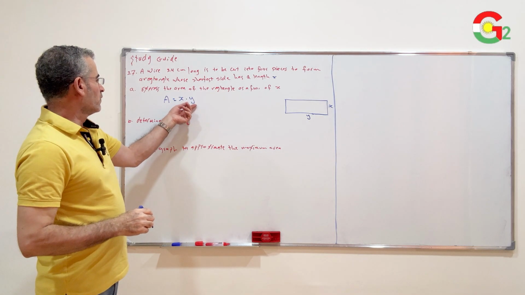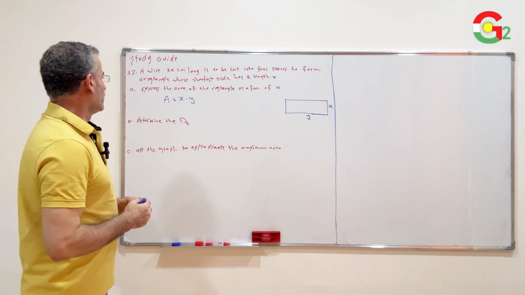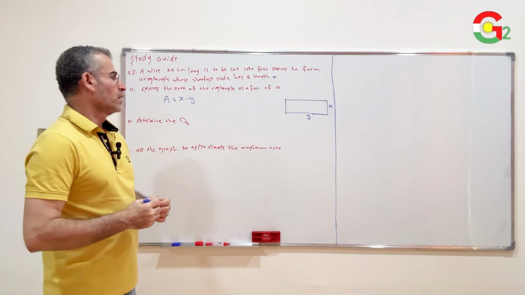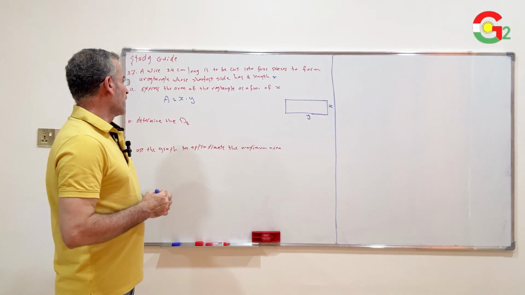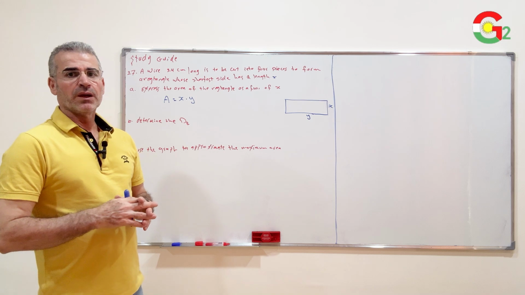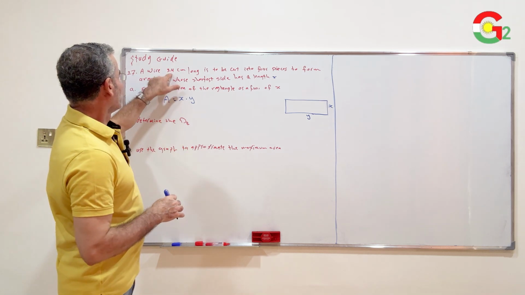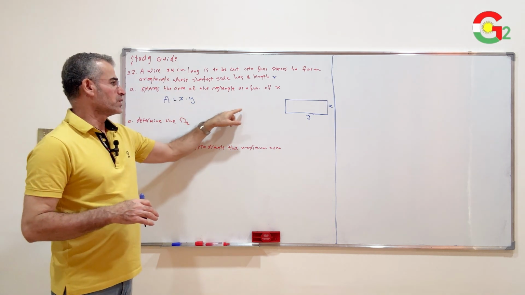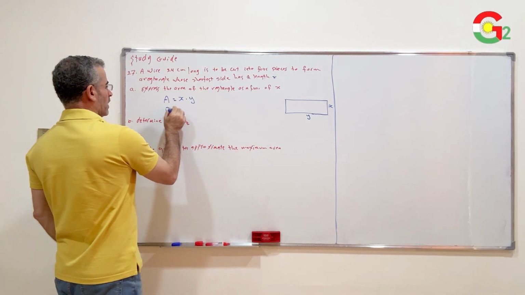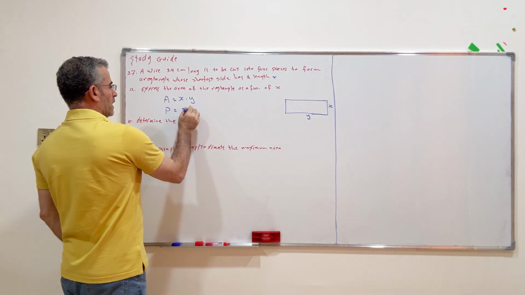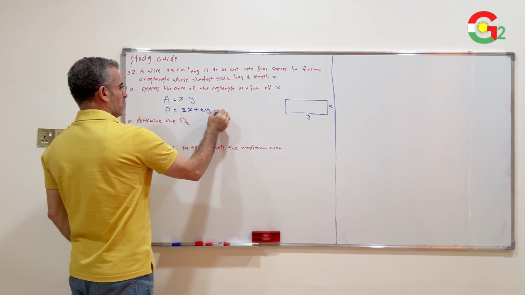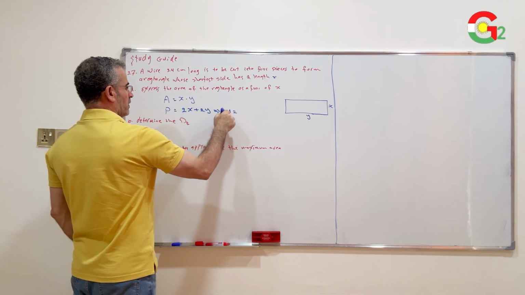Here I have two variables. I should replace y with x. I need another equation. I'll use the perimeter equation of the rectangle. As you know, the perimeter of the rectangle equals 2x plus 2y. Since the perimeter is 24, then 24 equals